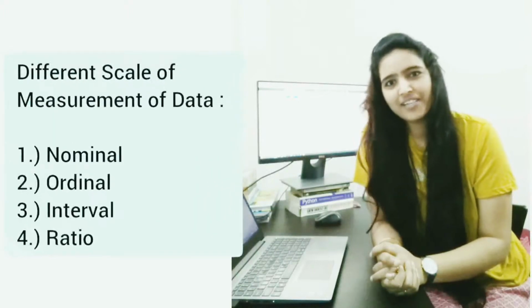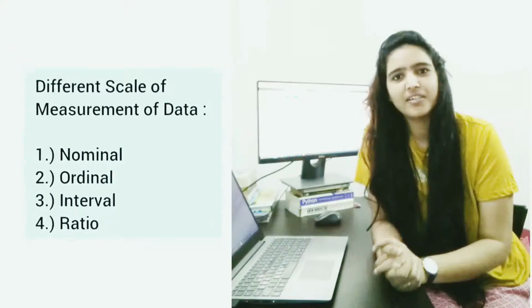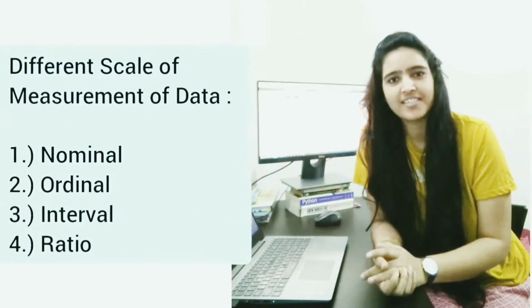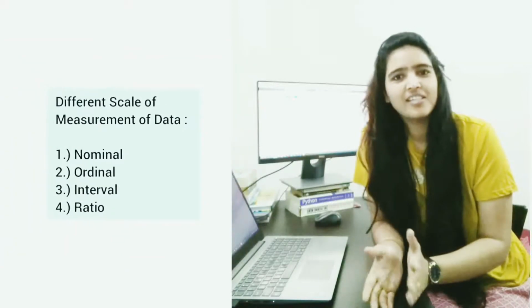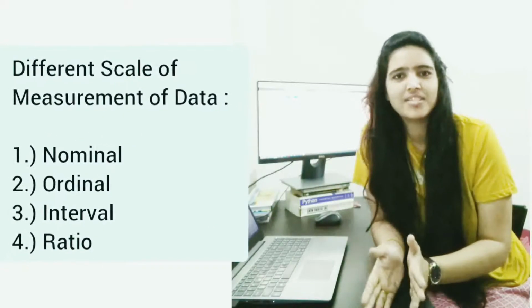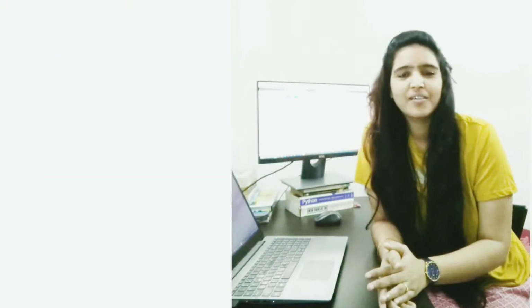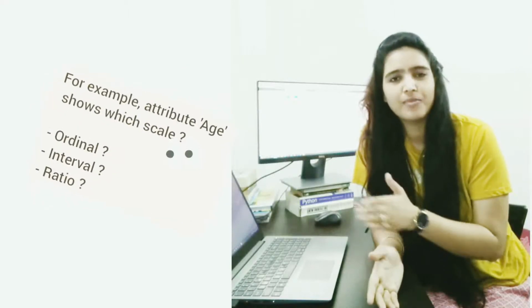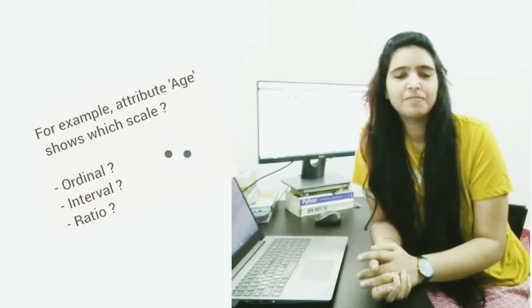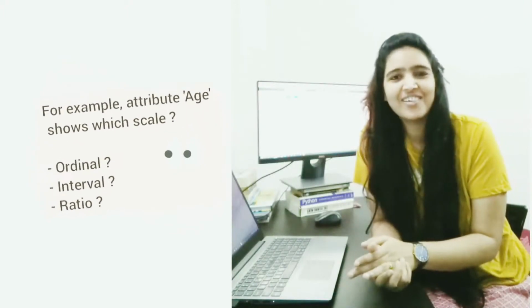Hi everyone, welcome back. So today we are going to cover a very elementary topic about types of scales of measurement of a data set. Whenever we are given a data set, we always get immediately curious to know the size of the data, to know about the number of attributes. But my question is, at a glance, are you able to figure out different scales of measurement of your attributes in the data? If not, then let's go ahead and understand, and if yes, then you can skip the video.